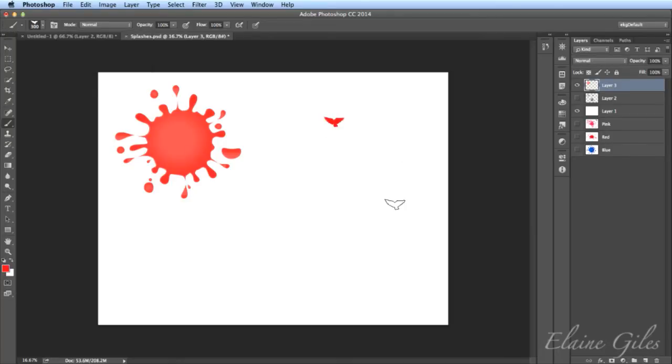So let's have a look at one of these birds. Won't look great in red, but you get the idea. And you can, of course, use these brushes by scaling them up and scaling them down as well. So that's adding those brushes. Now you're going to want to know where to get those brushes from. And I've got a whole list of resources, which I'll show you at the end, of where I got all these brushes from. But it is that simple to import those brushes.